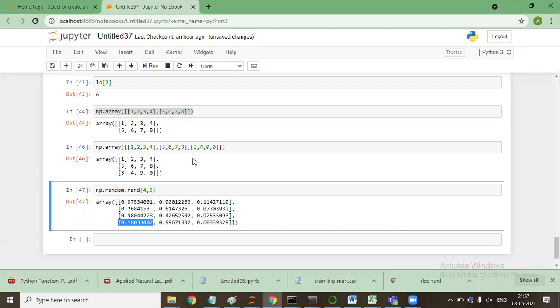So why does it show only continuous values rather than discrete? Which one? In the last. This one, random 4 3. So these are the random values that I've created. It normally takes a value between 0 to 1.